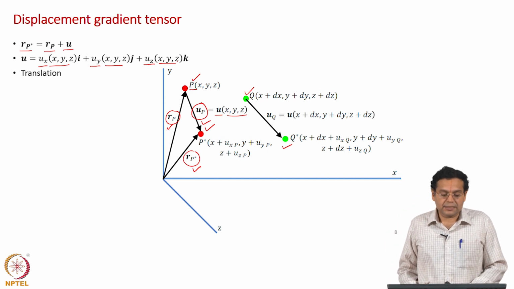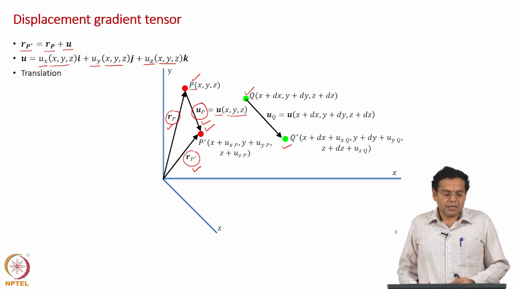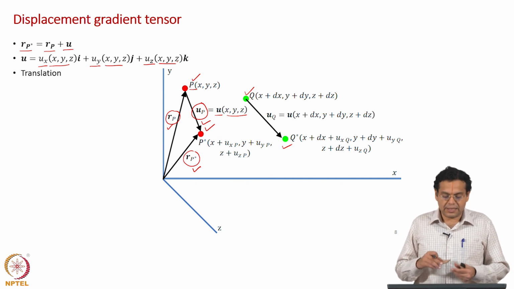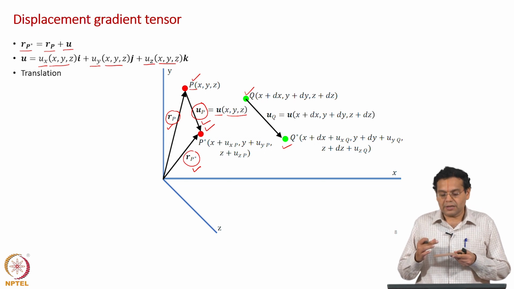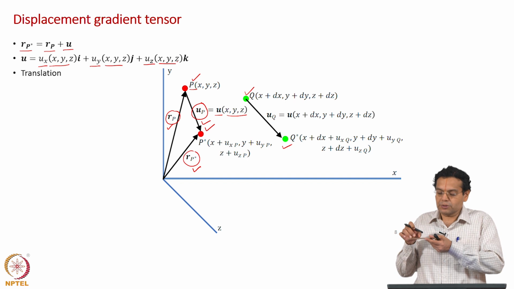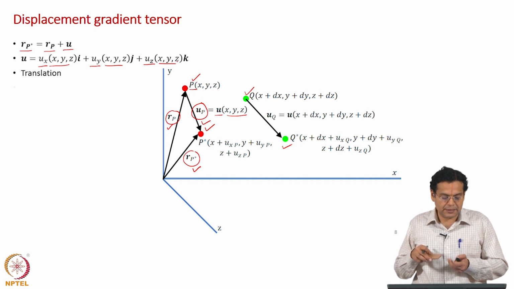Now, what is translation? Our objective is to remove translation and rotation from deformation. It is very easy to remove translation, and that is what we are going to do first. As I told you, how do you understand translation? You have a plate and the plate moves, what is the implication? If you mark any 2 points, they move by the same distance. Okay. How do you represent it?